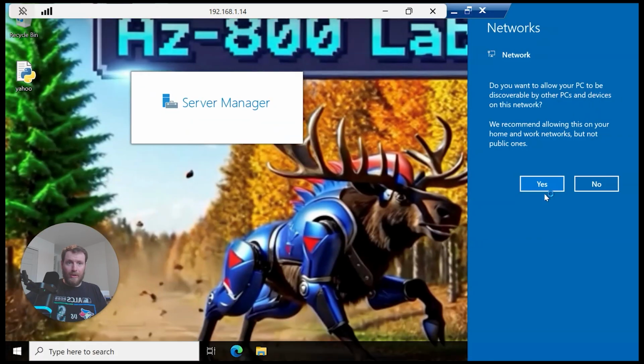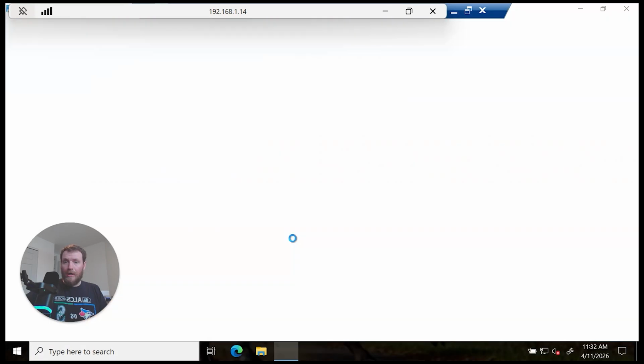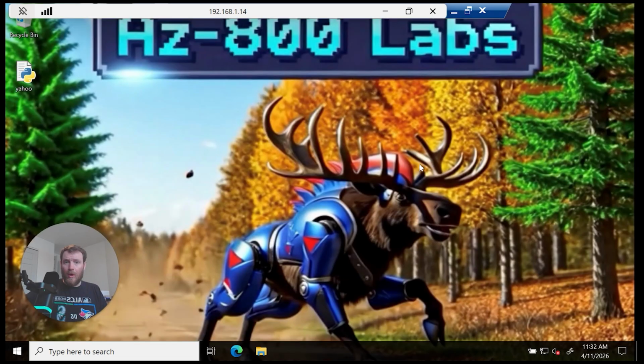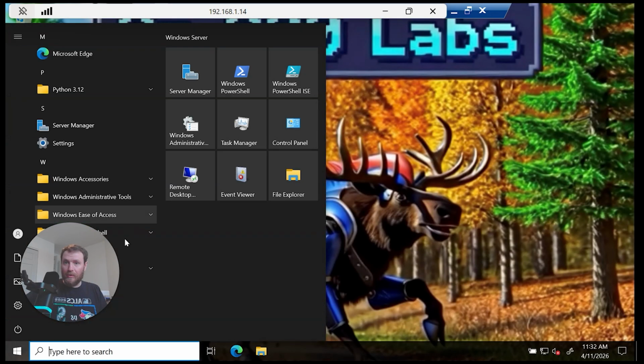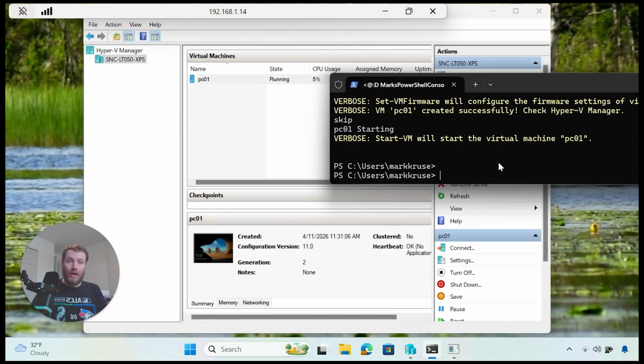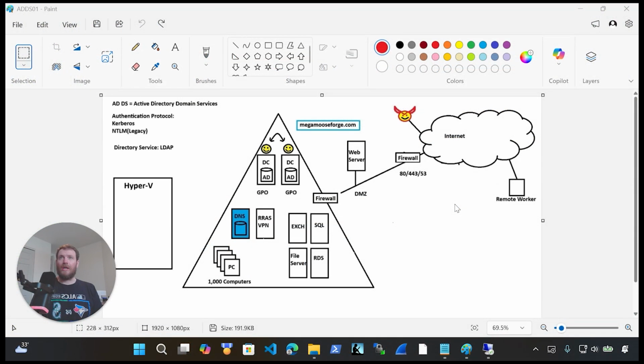Okay, and then we are here on our Hyper-V, the virtual machine. And so this is a desktop. It looks like any other Windows desktop, but it is a virtual machine running on our Hyper-V host here. So quickly, I just wanted to